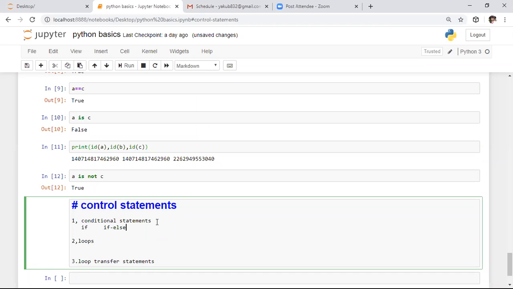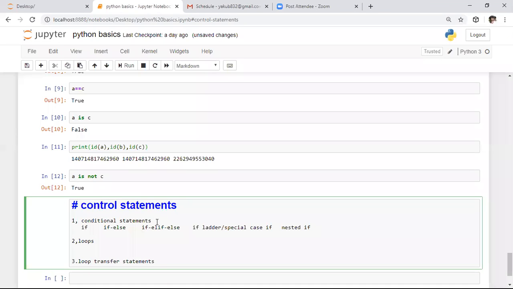After if else, we have one more condition, that is if elif else conditions. After this, we have one more category, that is the if ladder, or it is also called special case if. After this special case if, we have one more category, called nested if else.